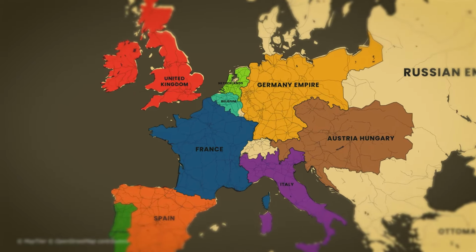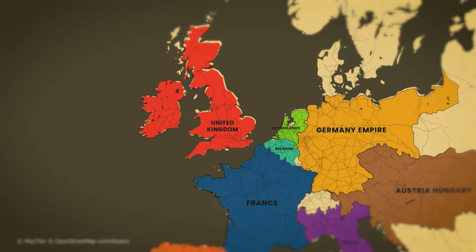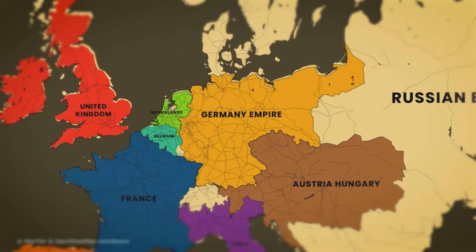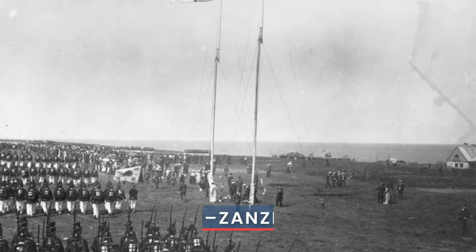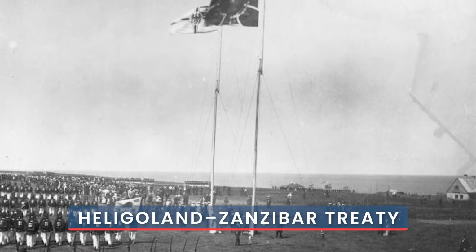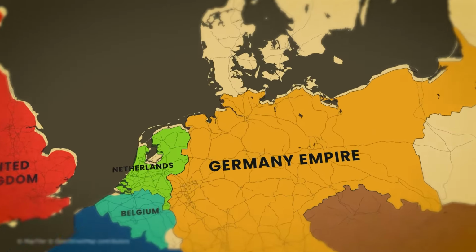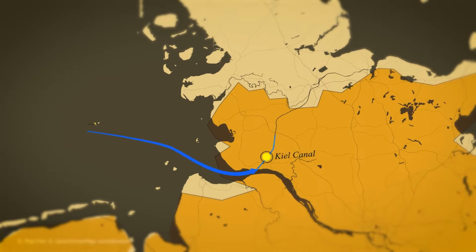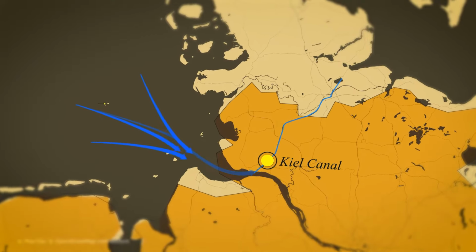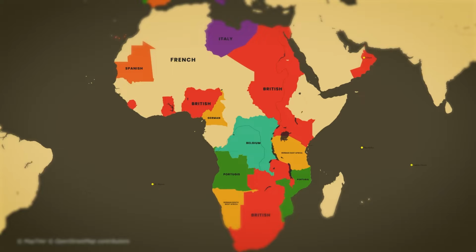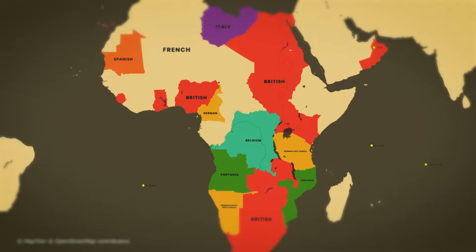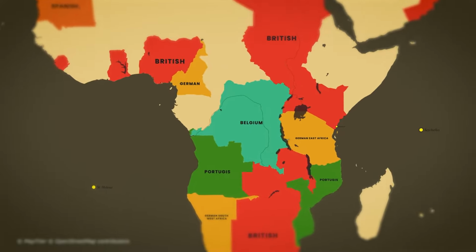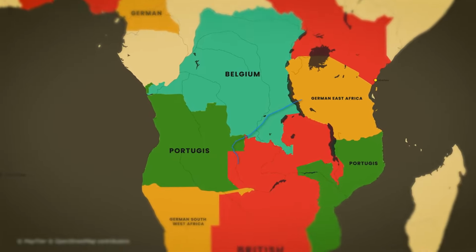In 1890, the two colonial rivals, Britain and Germany, signed one of these accords. It was called the Zanzibar Treaty. It gave Germany an island in the North Sea called Heligoland. It lay at the entrance to the new Kiel Canal, so whoever controlled it controlled this important waterway. The treaty also gave the Germans a narrow corridor of land that extended far into Central Africa from the colony